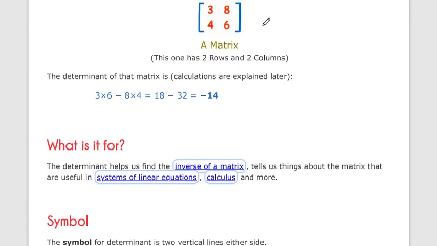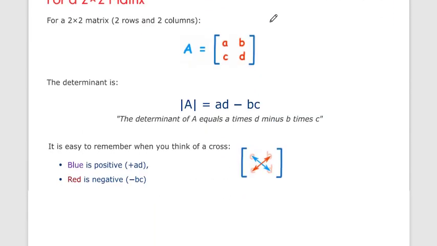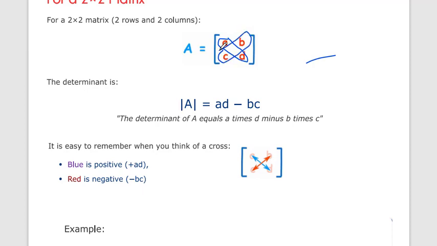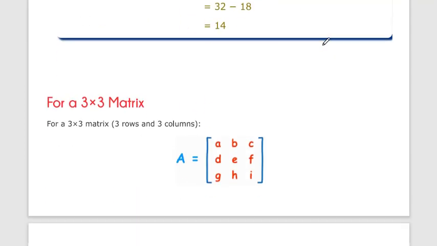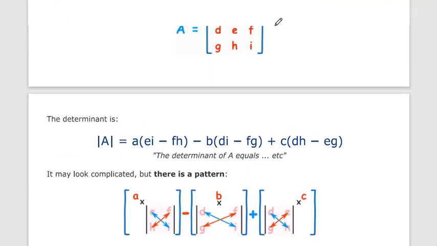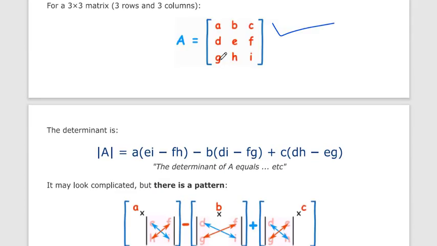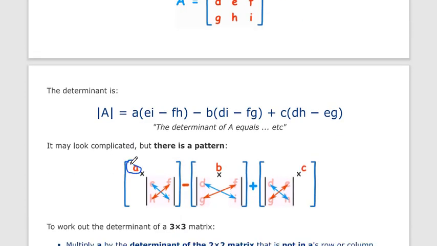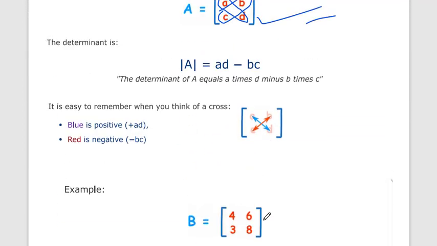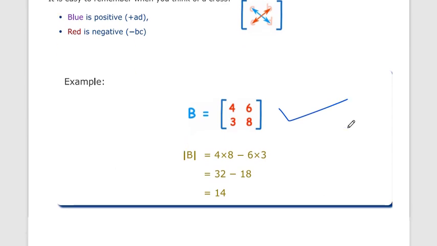Determinant, how to solve a determinant of a 2 by 2 matrix. Okay, it is simple. First multiply the diagonal quantities and then minus the other diagonal quantities, ad minus bc. A 2 by 2 matrix is simple. In 3 by 3 there is a difficulty in calculation, so first of all we have to remove the first row and first column, then this is a 2 by 2 matrix, and solve this 2 by 2 matrix with the determinant method we have already solved. How to solve a 2 by 2 matrix determinant?